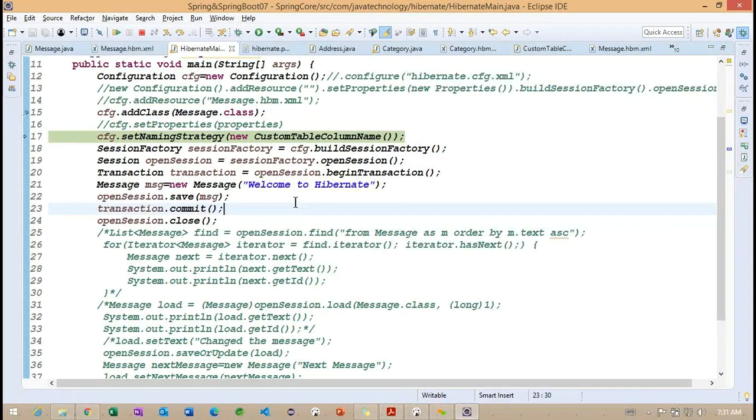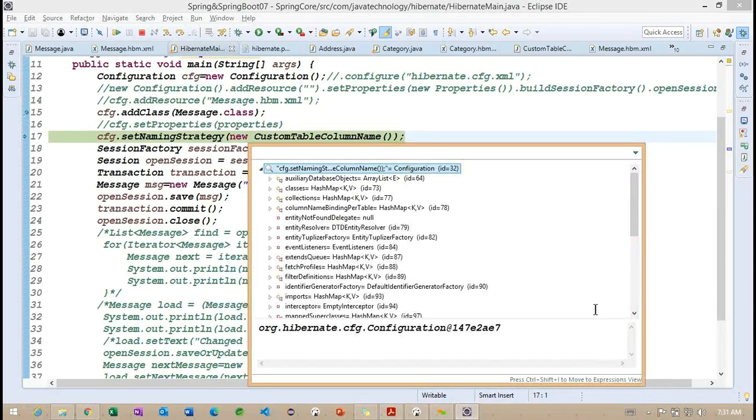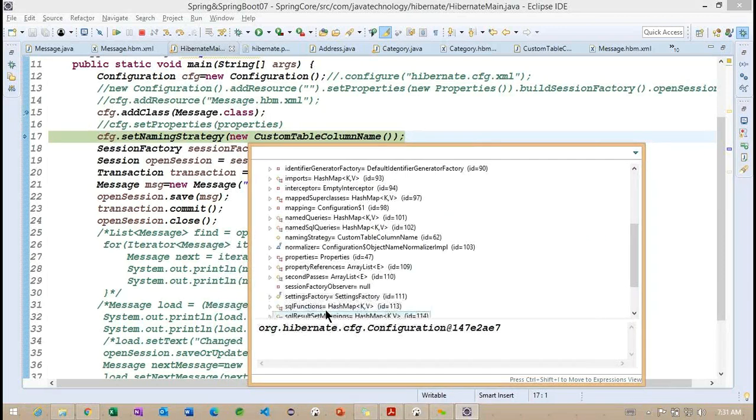Okay. So now we are moving into the naming strategy. So what we are going to do. Okay, so this object is created.